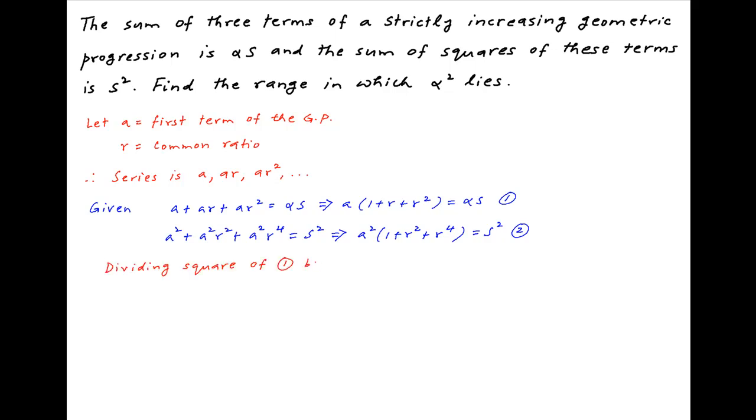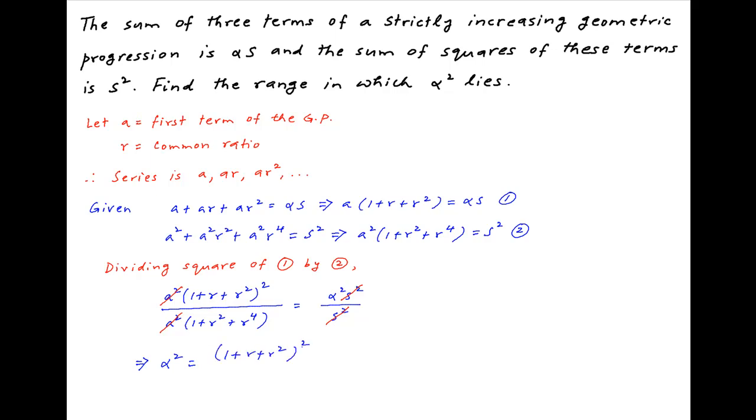Now we divide the square of 1 by 2 to get, on the left hand side, A square times (1 plus R square) whole square divided by A square times (1 plus R square plus R raised to power 4) is equal to, on the right hand side, alpha square times S square in the numerator and S square in the denominator. This results in the elimination of A and S, and therefore alpha square is equal to (1 plus R square) whole square divided by (1 plus R square plus R raised